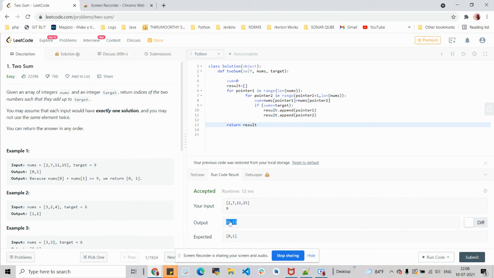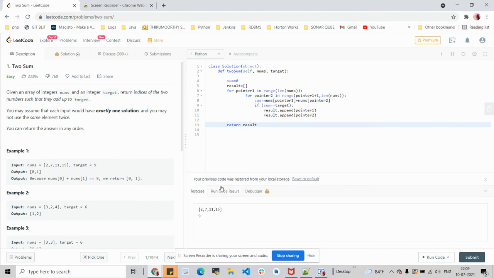Now we are returning a list with the index values: when I sum up 2 and 7, the target value is 9, so the indexes of 2 and 7 are 0 and 1 respectively. This is one of the test cases which has passed.